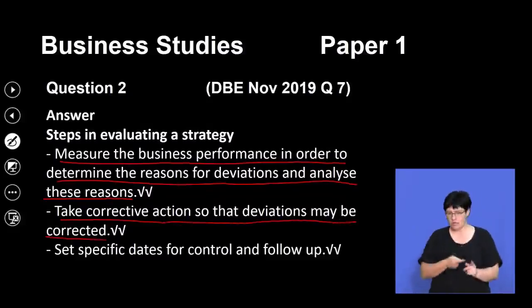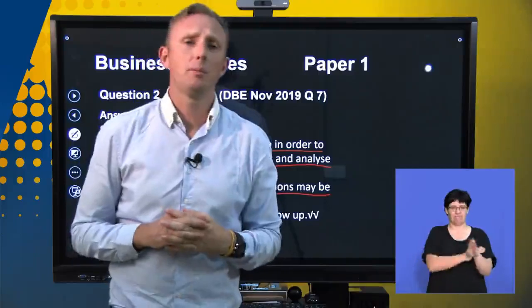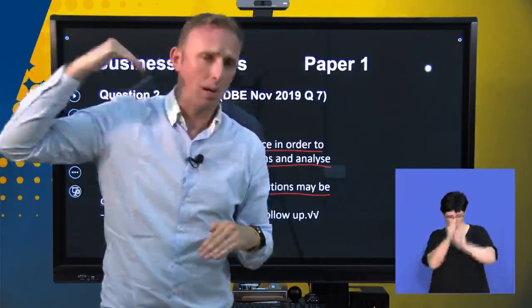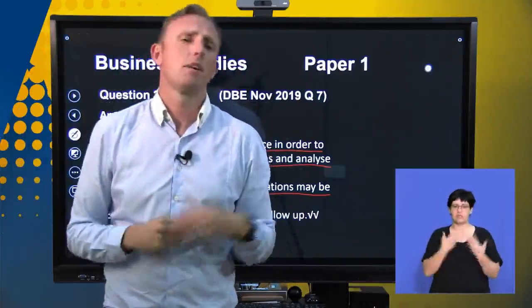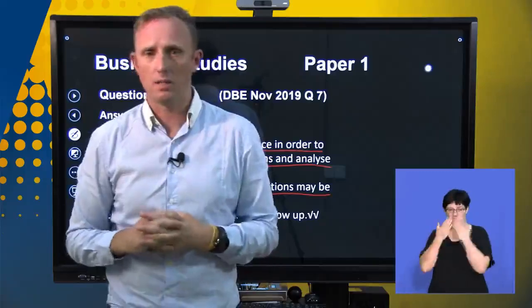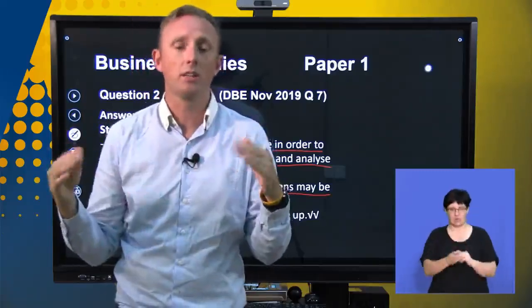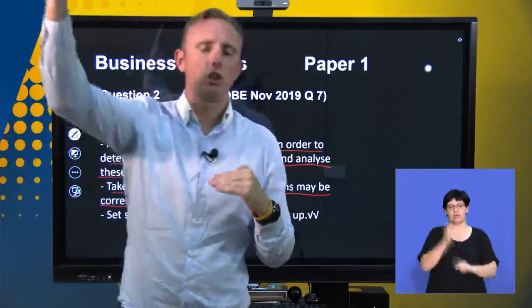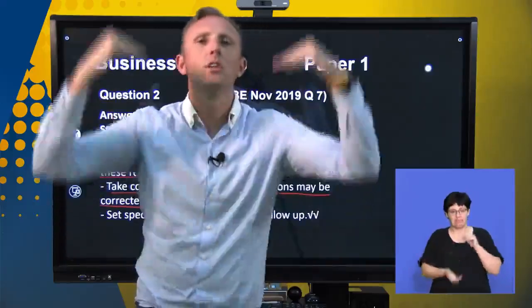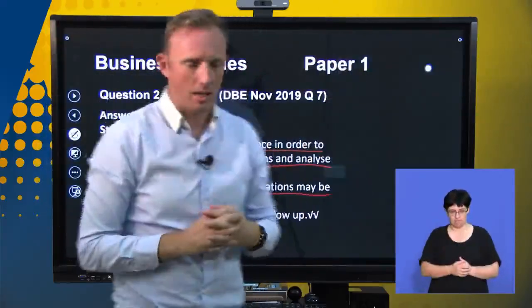So you didn't get the marks that you wanted in your prelim exam, right? You're going to take corrective action. So you're going to say, now I'm going to study even harder. Instead of studying 6 hours a day, I'm going to be putting 8 to 10 hours a day. And so you're taking that corrective action to ensure that you achieve the results that you want to achieve. And it's the same thing with the business. What do they have to do in order to ensure that they get the results that they want?